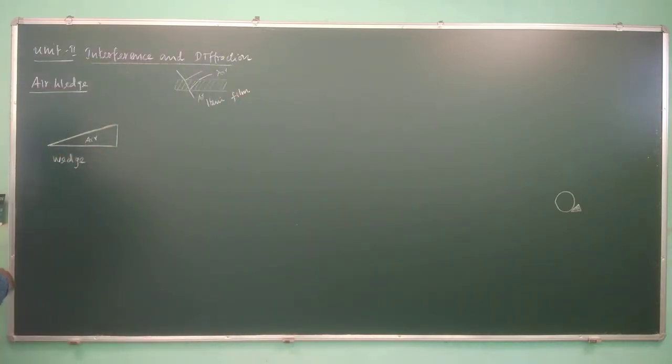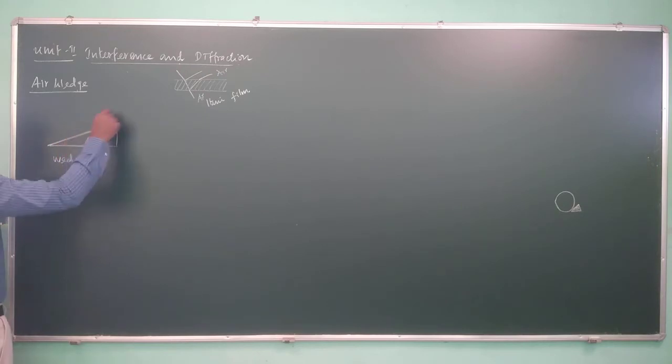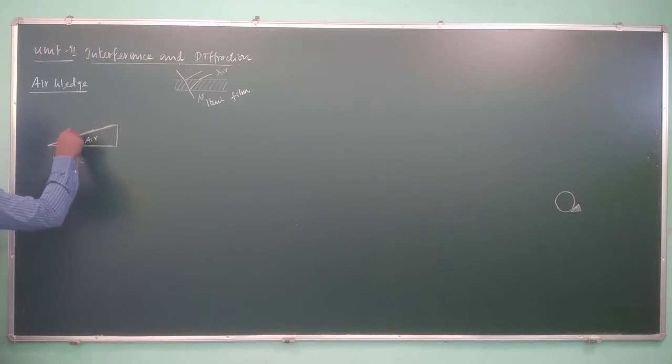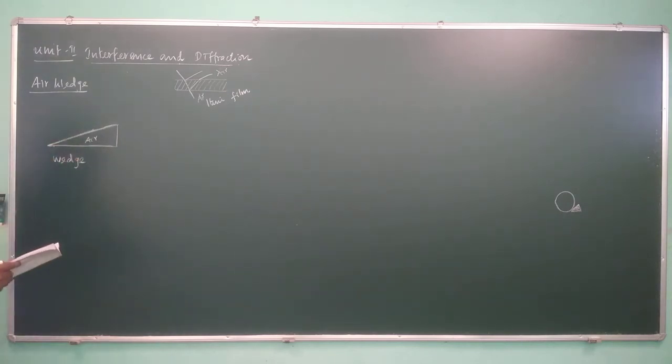Here we have an air wedge. So this is one glass material and this is another glass material of transparent nature. Now if you pass light, this light will be reflected at the top surface of the first glass material, and it will also penetrate into the glass and travel through the air, and it is reflected at the second glass material which is placed flat. So now these light rays will cause interference patterns.